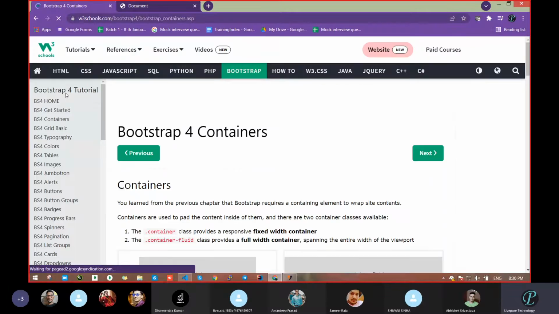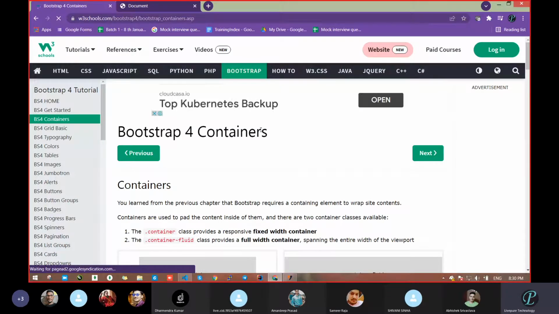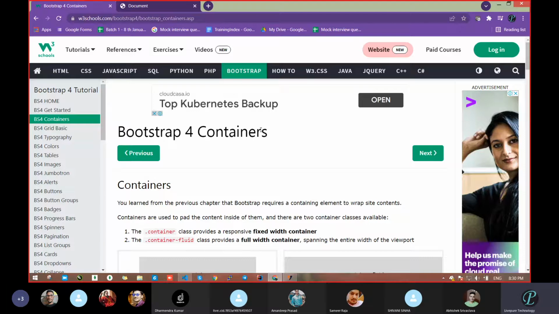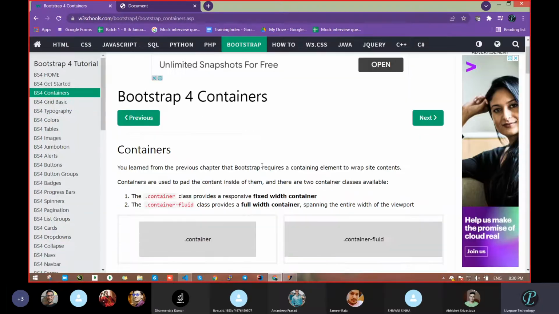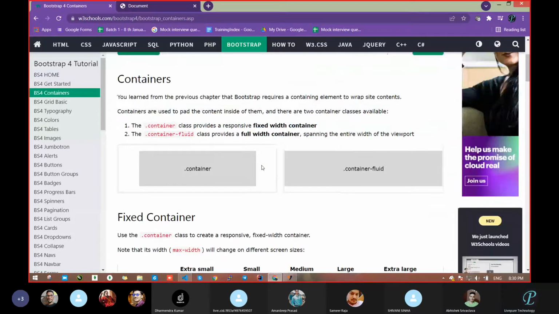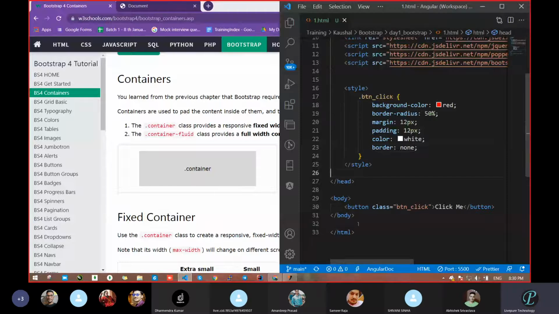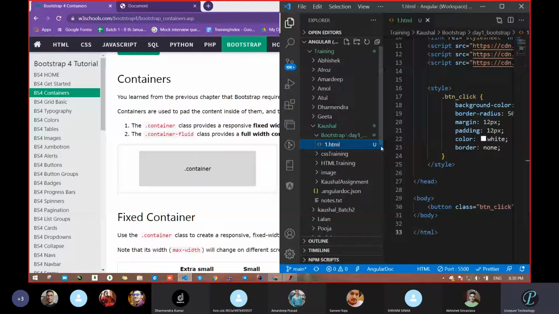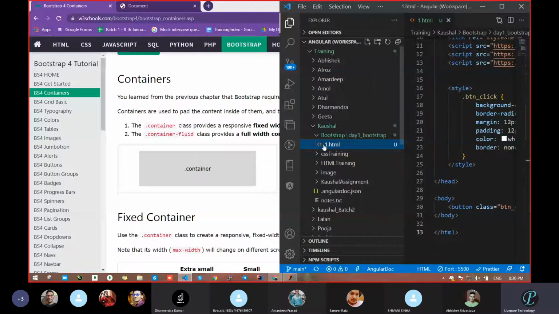So container: what you had studied in the case of container, in the case of div in CSS, I had told you regarding div. What we had studied regarding div. Did we study anything regarding div or not? Yeah, div like a container, sir. It's like div like a container, correct? So the same thing we are going to learn here with the concept of a container itself. So let's see what container is going to do.